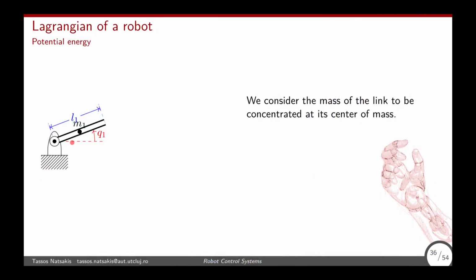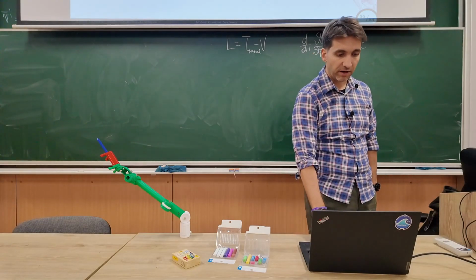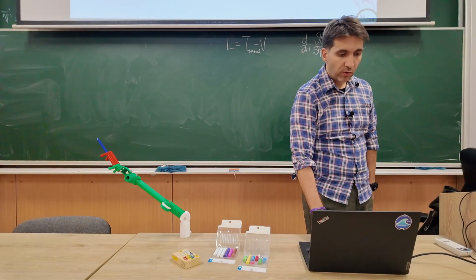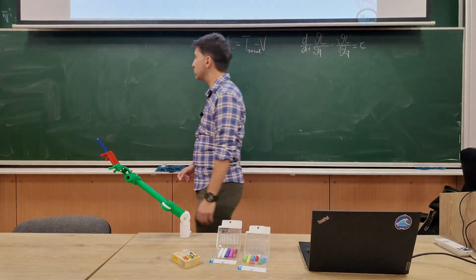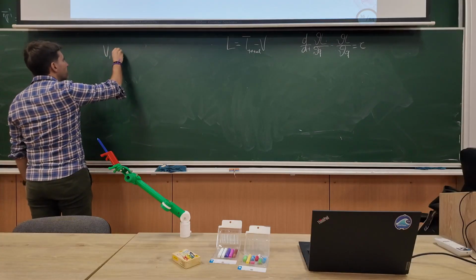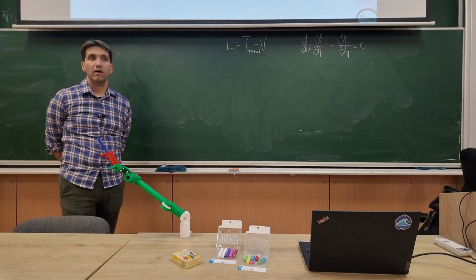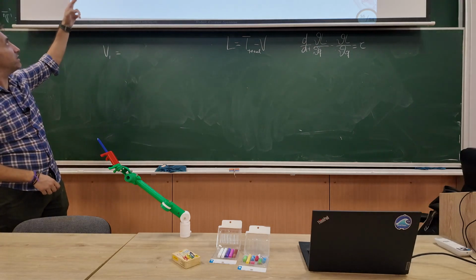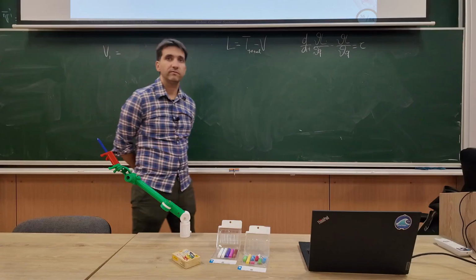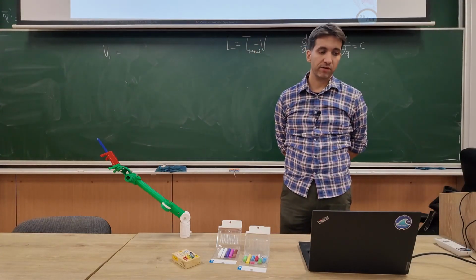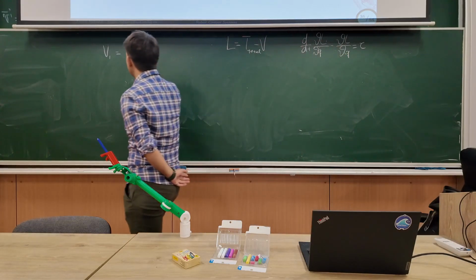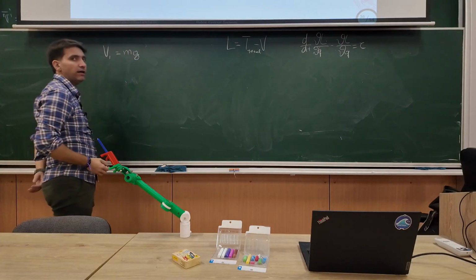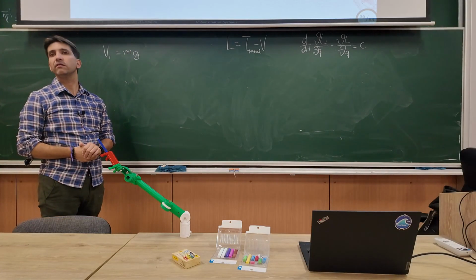We don't care about the potential of the link, we care about the potential of the mass, because we consider the whole link to be concentrated at that center of mass. So this is mass 1. What is the potential of this mass? Let's write it down. This would be my V1. Let's take a reference, where the red line is at the joint level. What is the potential of that mass? M1 G and some height, 1/2 times